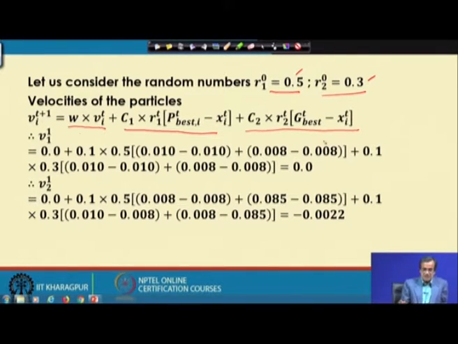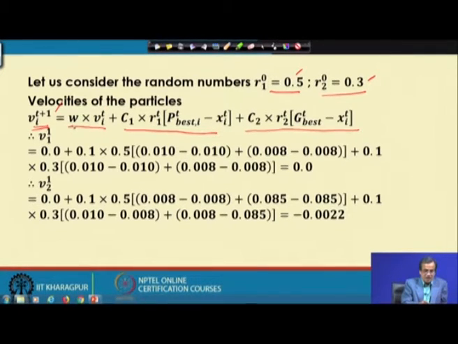Now, here if I just concentrate, this V i with respect to t plus 1 is the velocity of the ith particle at the t plus 1th iteration, and that is nothing but W multiplied by V i t.